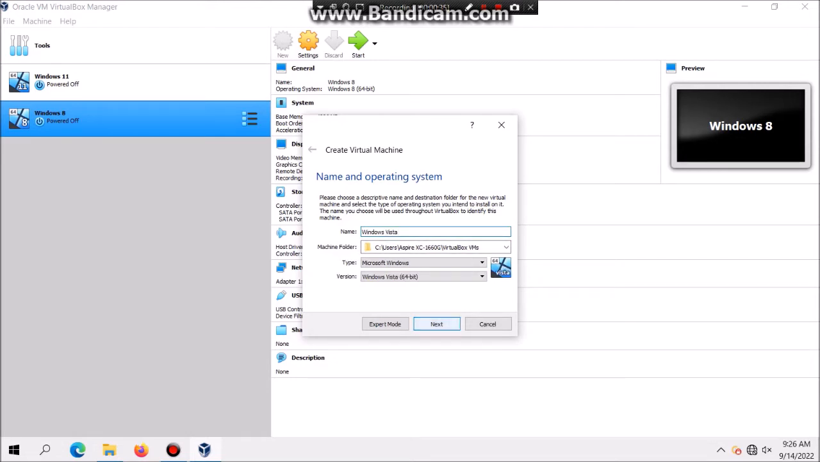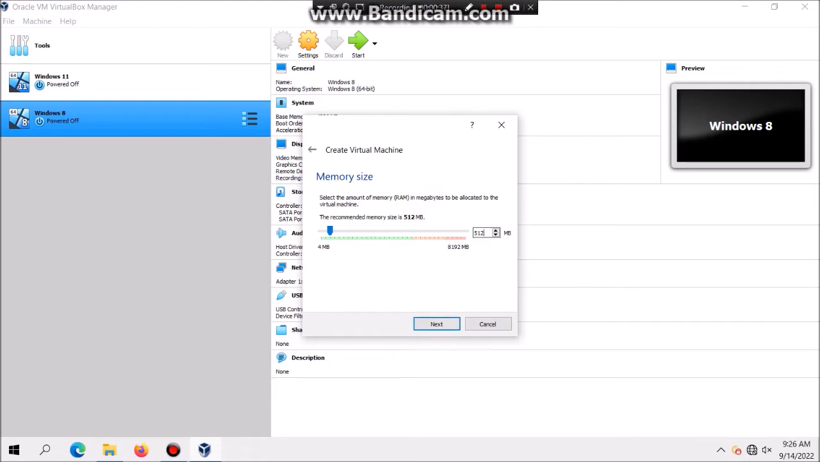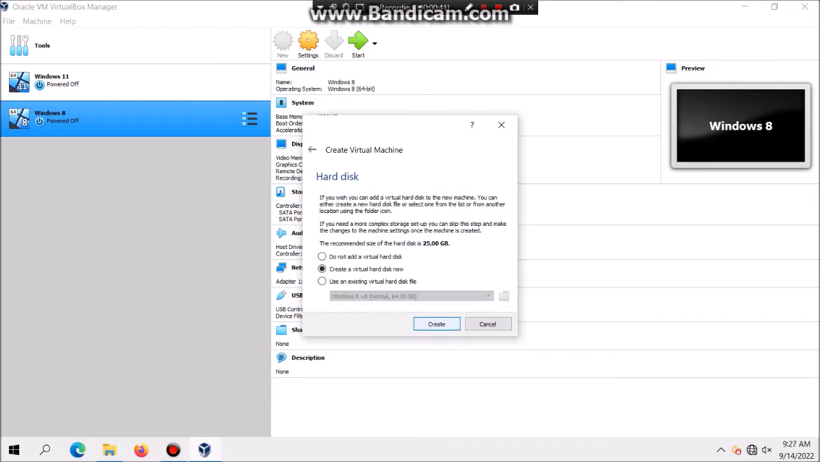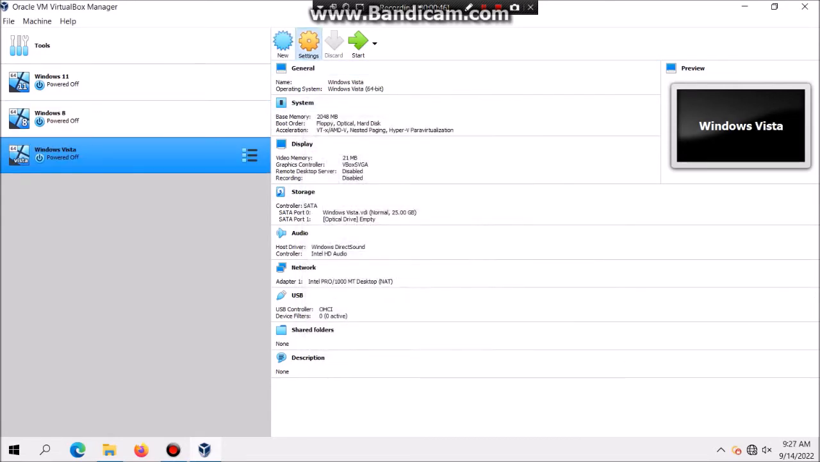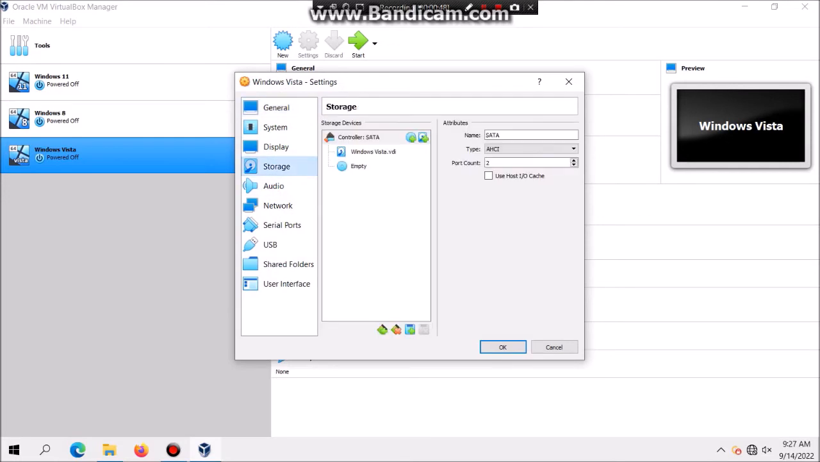Even though it's set to 64-bit, I'm going to use 32-bit and then hit next, and I'm going to bump up the RAM to 2 gigabytes. You can actually use a minimum of 1 and hit next, create, next, create, and then hit settings, storage, and then